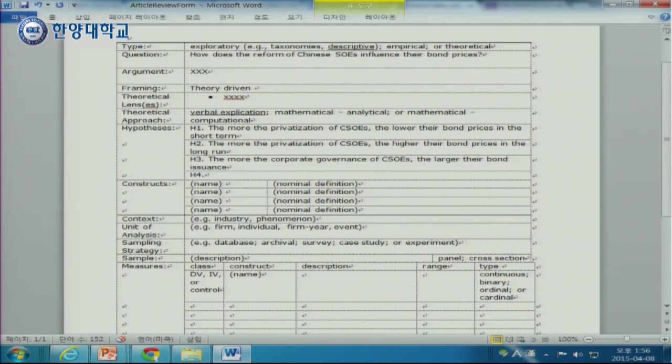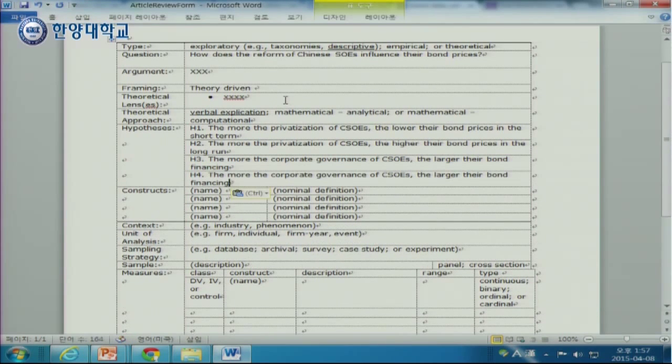Yeah, just more bond financing. Let's say, not the more, the better. The better the corporate governance, or the better it becomes,